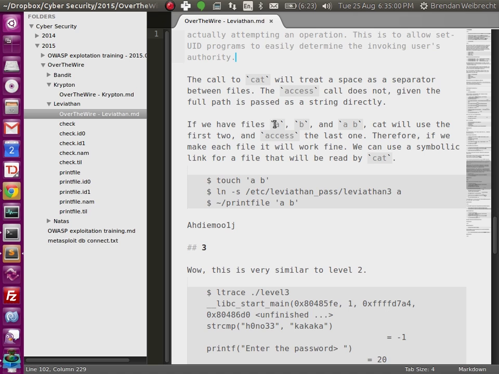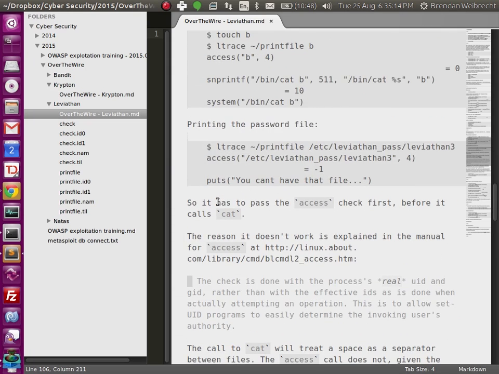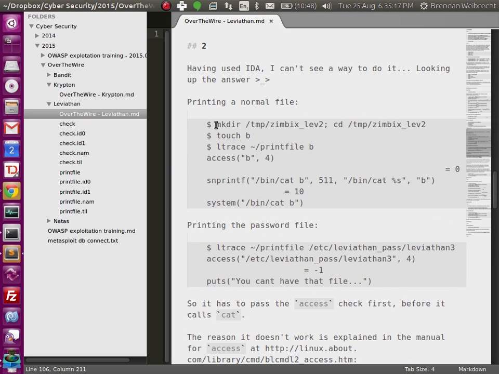So if we have two files, A and B, and AB with a space, cat will use the first two and access the last one. Therefore, if we make each file, it'll work fine. We can use a symbolic link for the file that will be read by cat. So if we go to a temp folder,